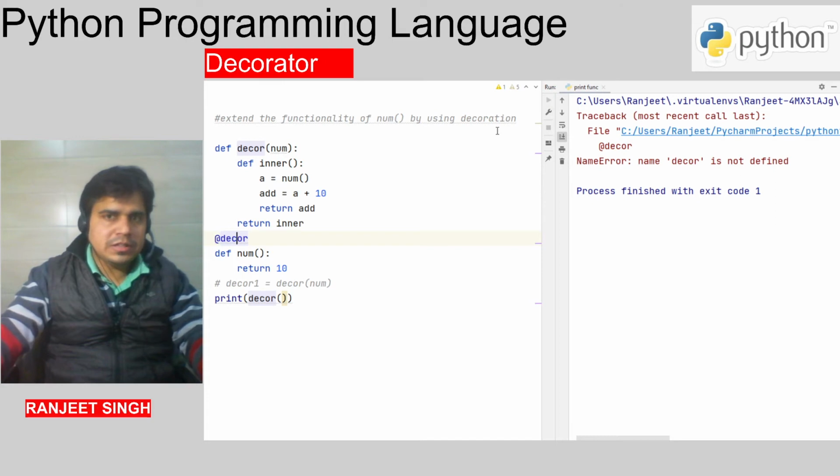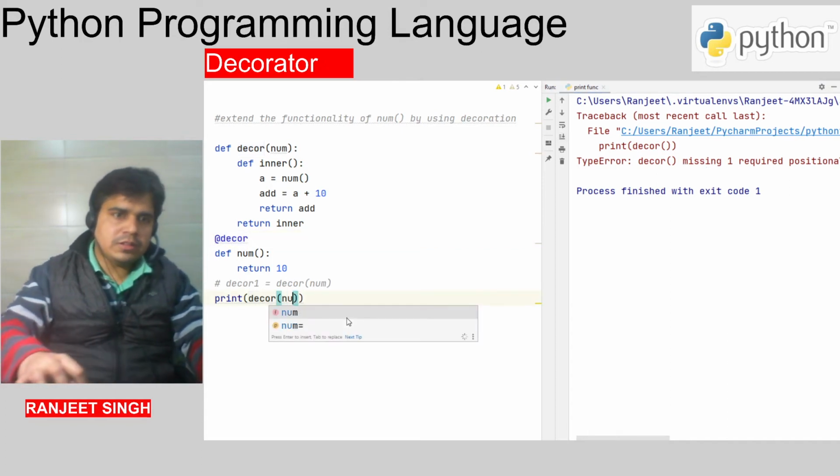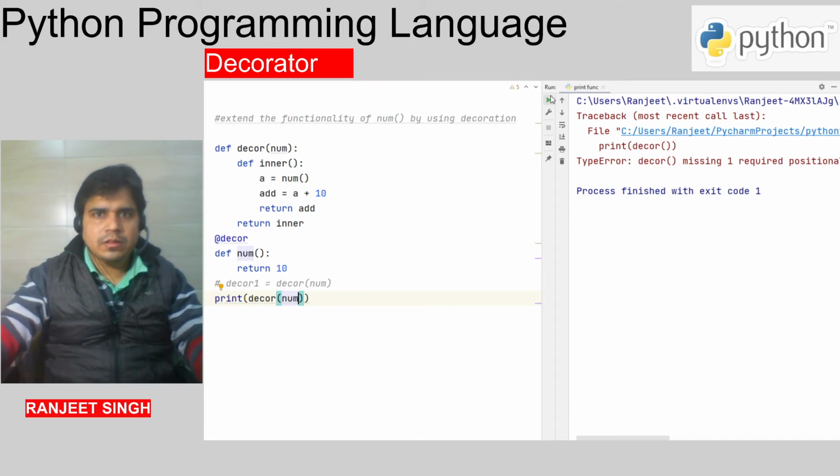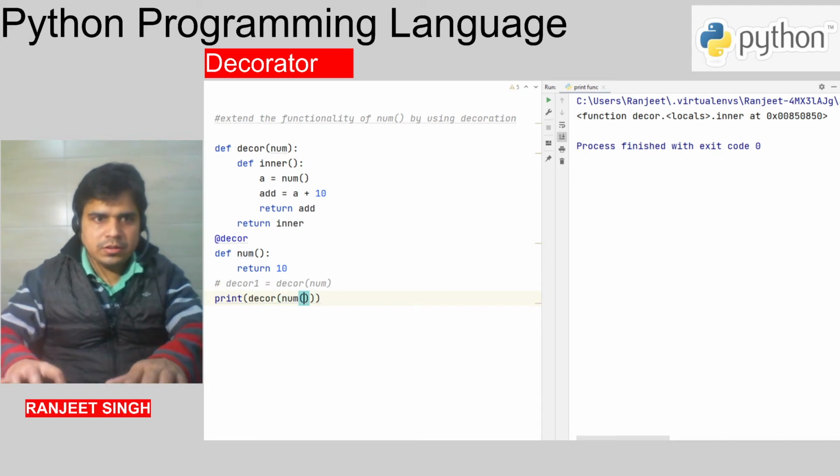Now it will give the result 20. Sorry, one missing argument. Here we will have to pass the num function, right.